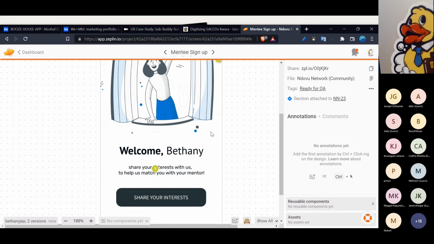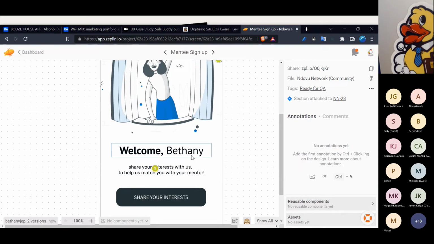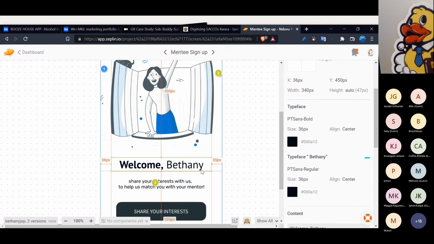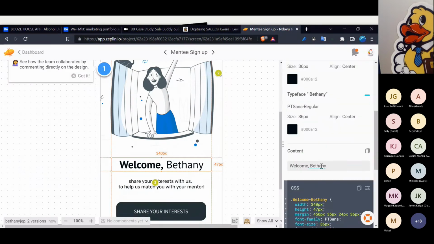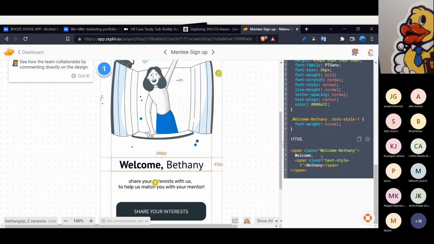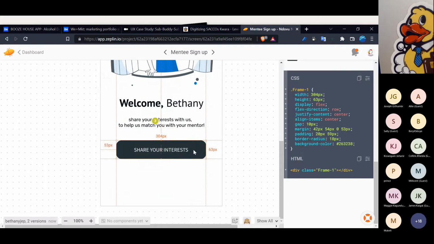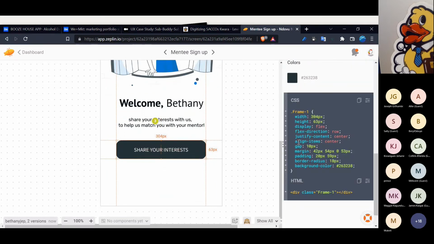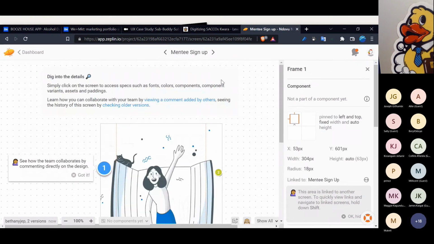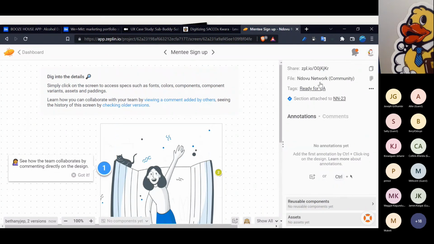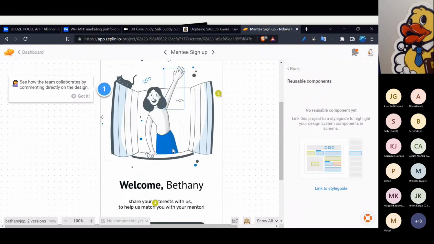Let's click the screen. What is it telling me? It's giving me the typeface. Oh, interesting, it's PT Sans regular plus PT Sans bold. So welcome is in bold, Bethany is in regular, and then it gives you the code for it. I don't think the screen size matters because it's giving me the exact frame and everything. With height, I'm not sure. Let me not lie, I'm not sure if I can change the screen size, but as you've seen, it gives you